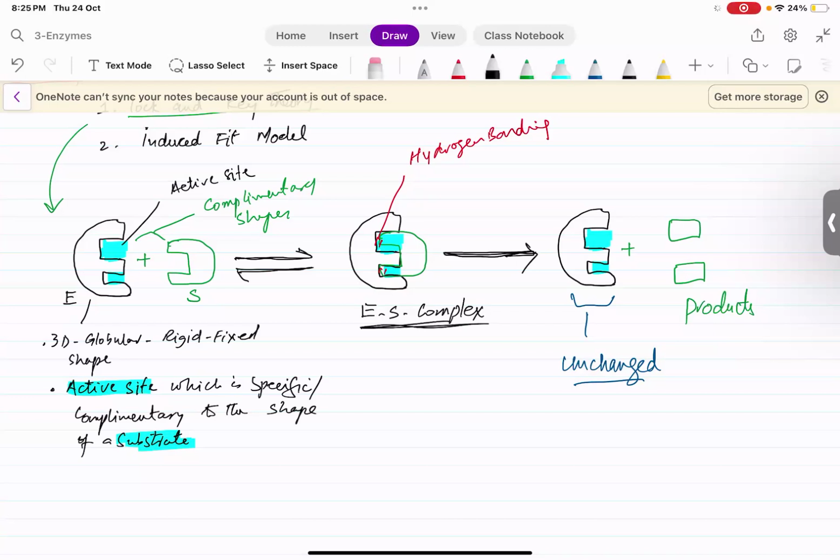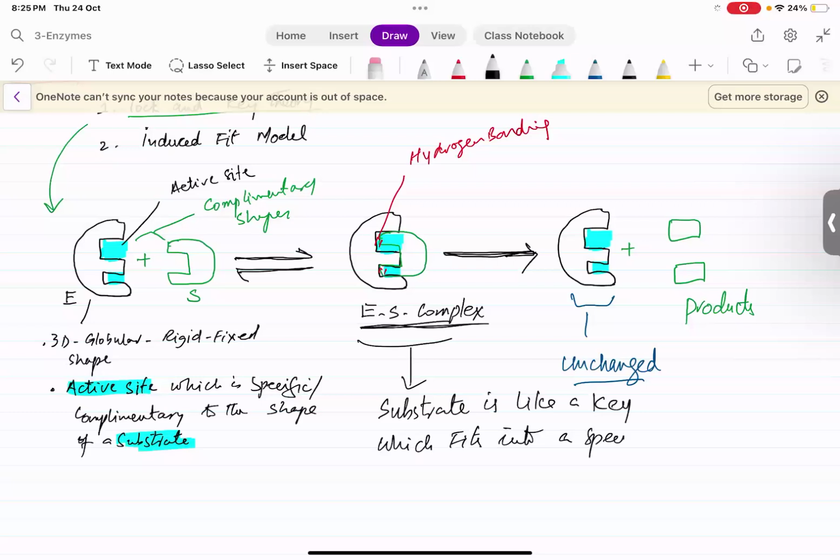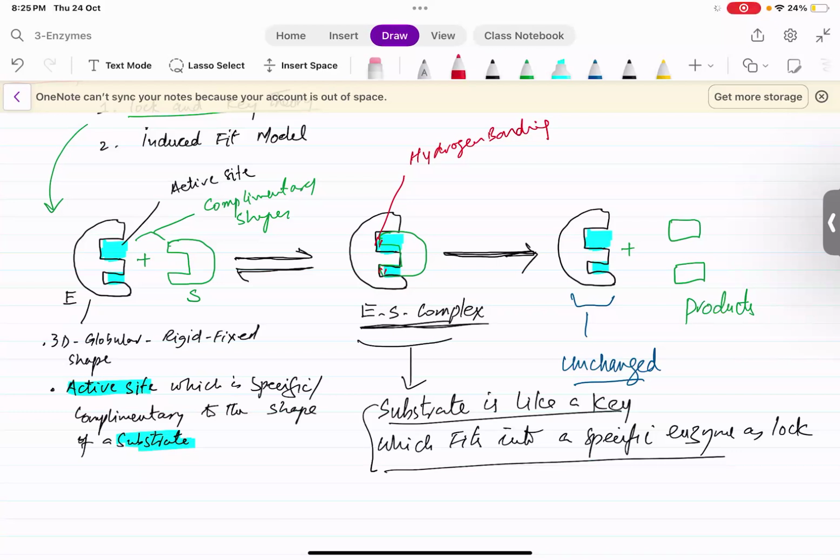substrate is like a key which fits into a specific enzyme as a lock. So according to this lock and key hypothesis, the enzyme acts as a lock